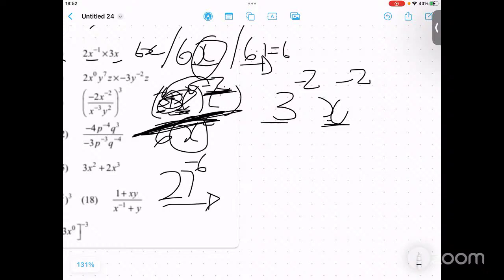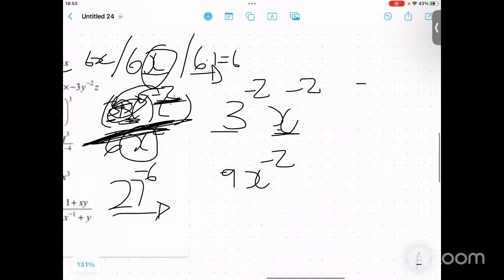And what is 3 to the power of 2? What do you get? 9. So that means we're going to have a 9, and we're going to have x to the power of -2, right? And this is the same as, wait, because it's a -2, guys. So that means it's the same as